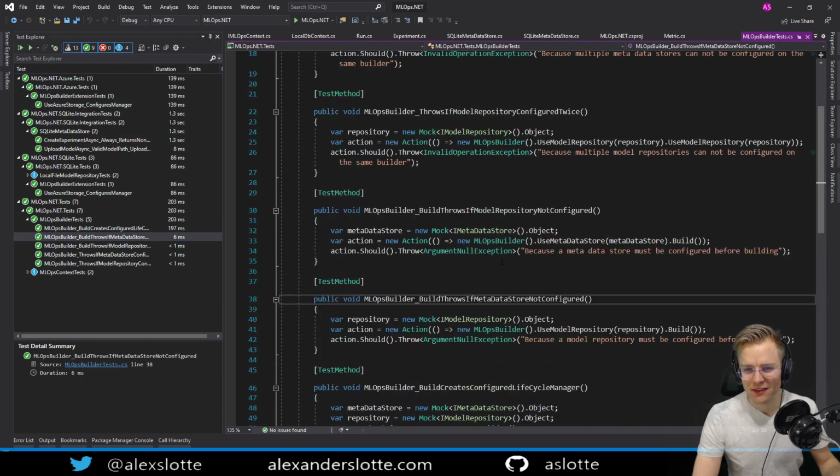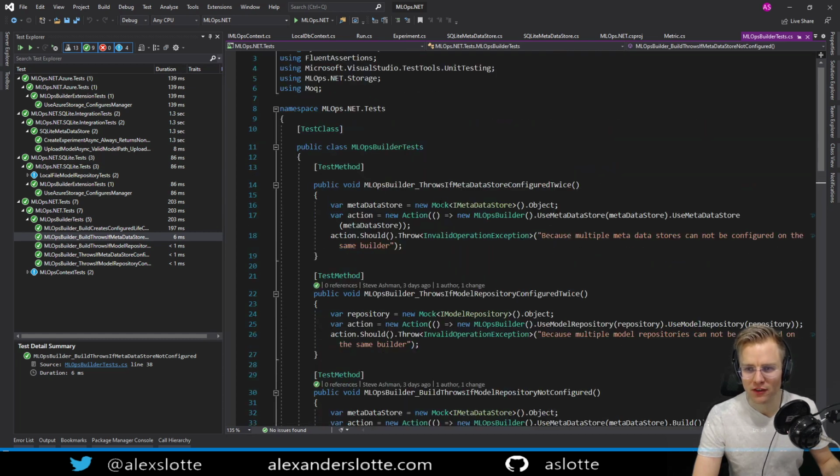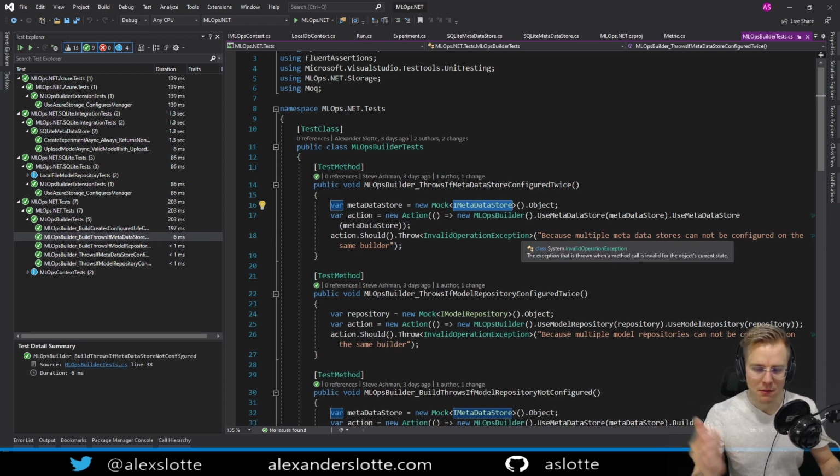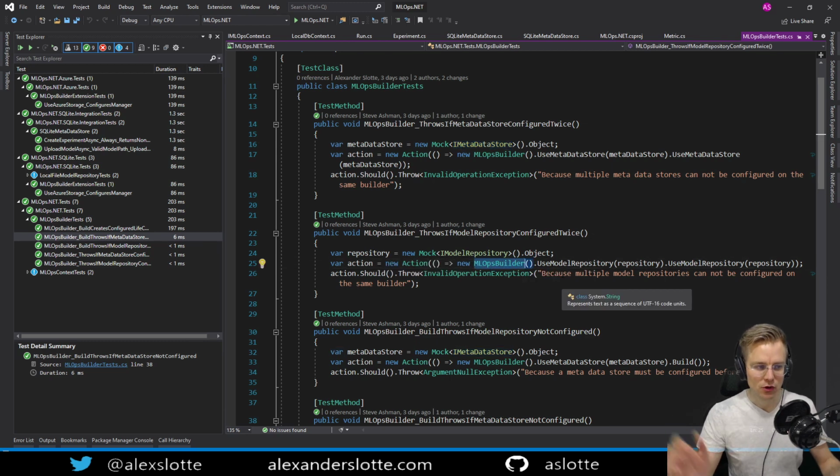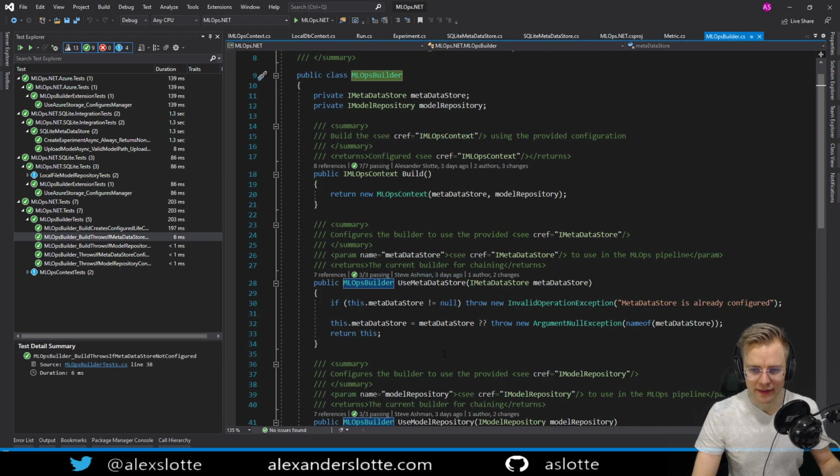Here we go. So a unit test is very short, very small. It mocks away everything we need here. In our case, we mock away our dependencies. We have a dependency for something called a metadata store. It's not so important, but we take one action, and any dependency that this MLOps builder has is mocked away. So we don't need to worry about that. We only test a specific method, and we don't test any dependencies it calls.